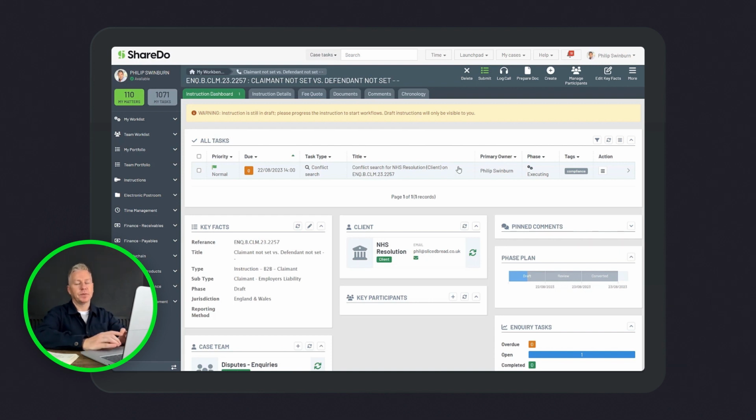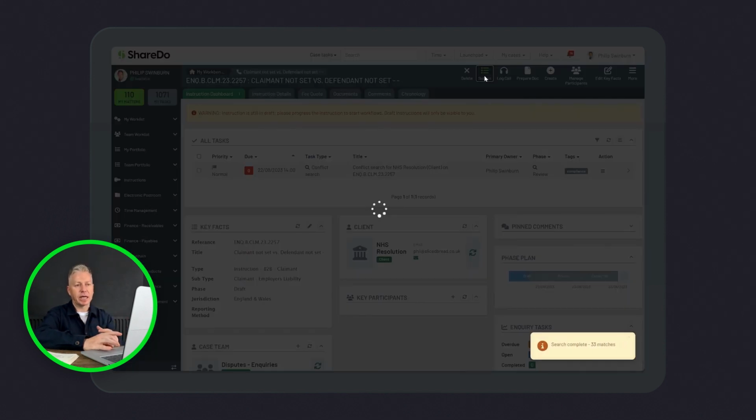collections in between. So out of the box, ShareDo comes with lots of pre-packaged content to support your intake journey, managed around this special work item called an instruction. So you can see in here, I've got this instruction. It's already kicked off things like conflict check and duplicate check. I can start my journey around its life cycle, and we can